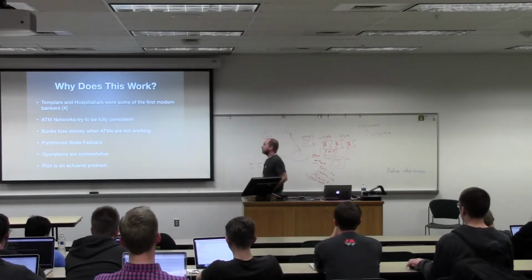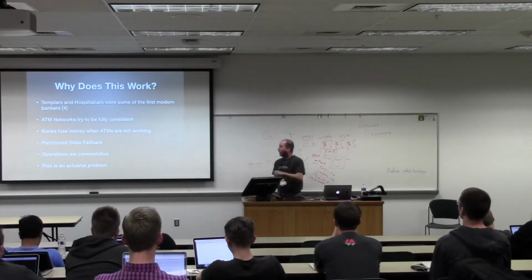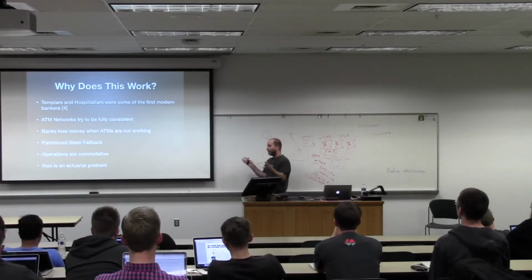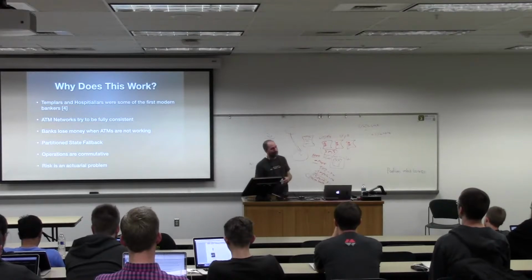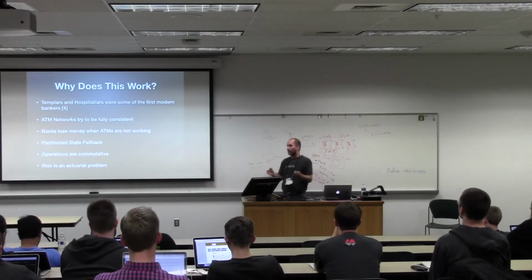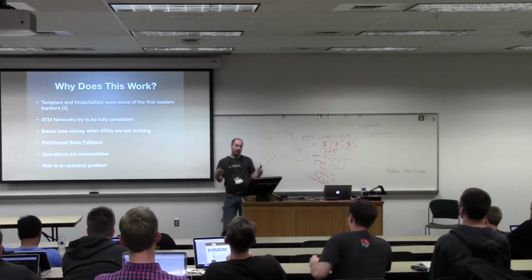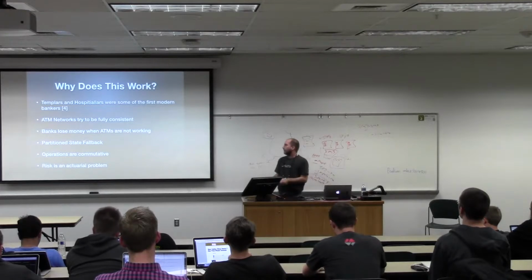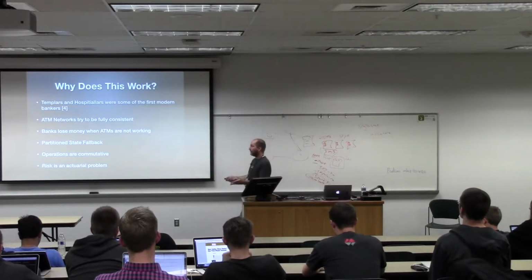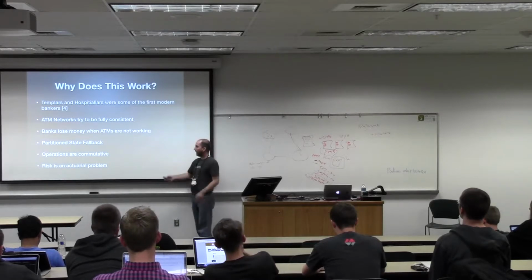All right. So I talked about partition state fallback. Oh, and banks are special too because all the operations are commutative, right? So I'm adding money to an account, I'm removing money from the account. It doesn't really matter what order those come in, at least for a day's transactions. So I can take those transactions and put time bounds around them, do commutative operations on them. And again, they don't all have to come in order, but as long as I get them all in, then I can order them after the fact.